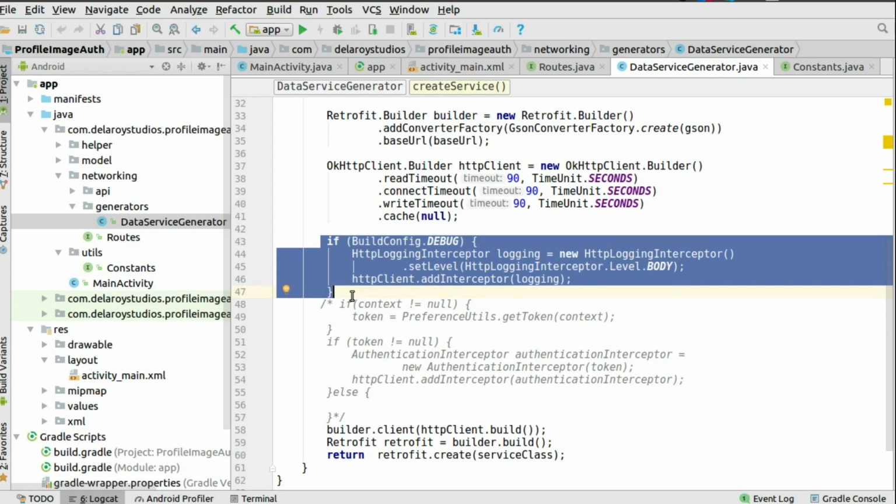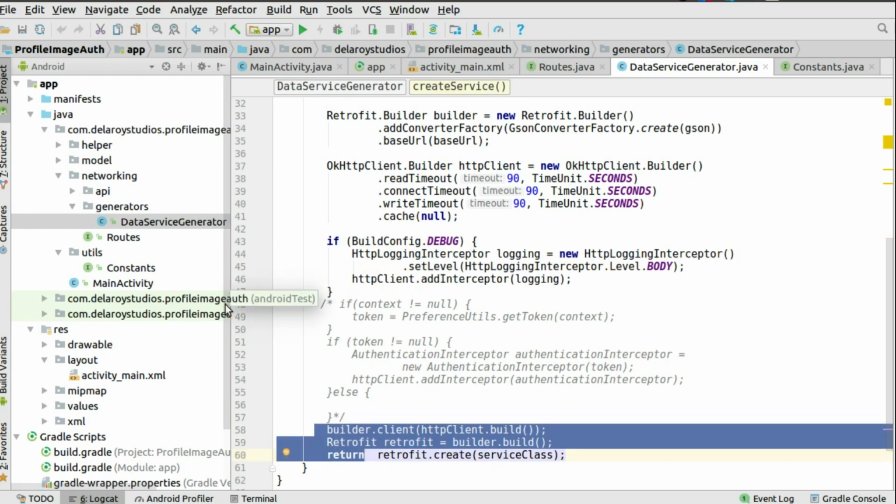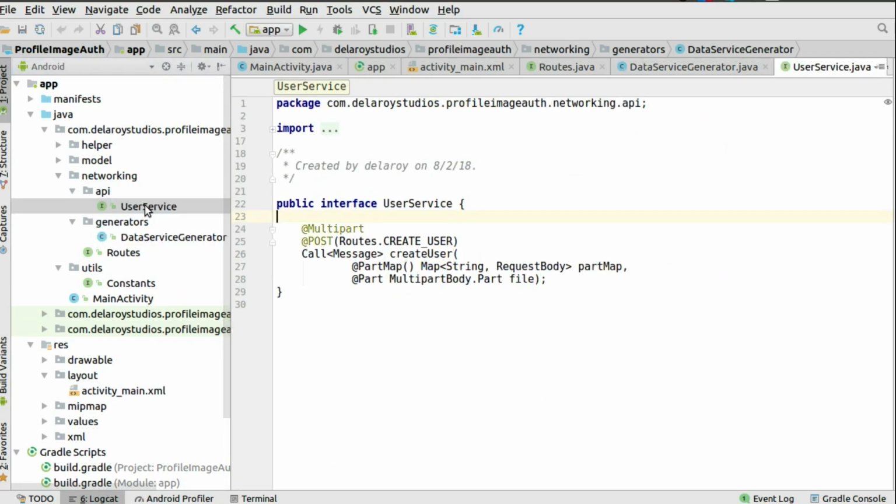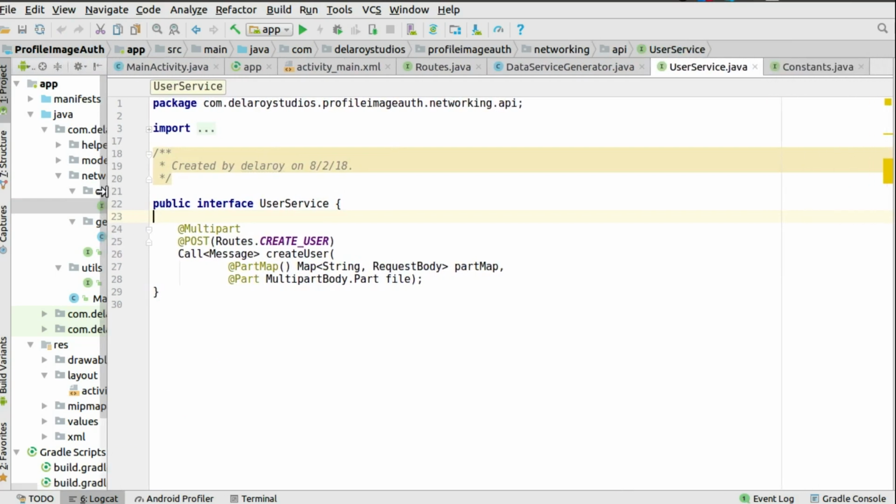So you could actually get that logged to the console, and you build up Retrofit and make that usable. Let's look at the service. I want you to look at this very closely. We're able to construct the flow. Now we're expecting a message